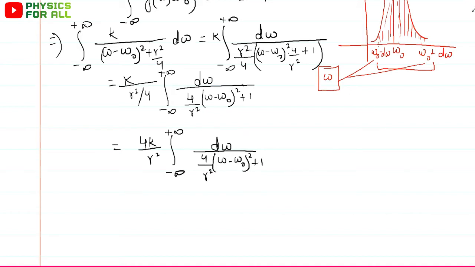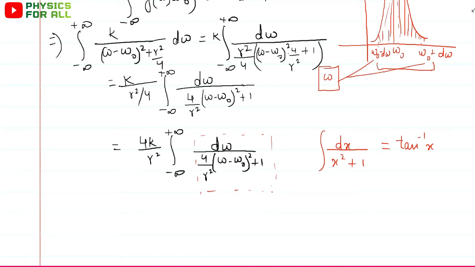This quantity again has a well-defined value. We have a well-defined formula which says that whenever we get something which looks like dx upon x square plus 1, then this is equal to tan inverse x. Here, we are getting omega. Nothing in the numerator except the differential term. Yes, nothing in the numerator. And then in the denominator, there should be 1 plus the term involving the main variable with respect to which we are integrating.